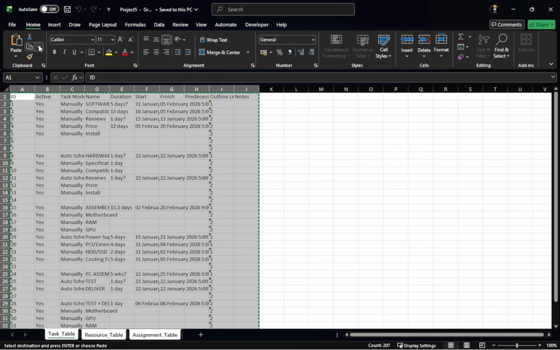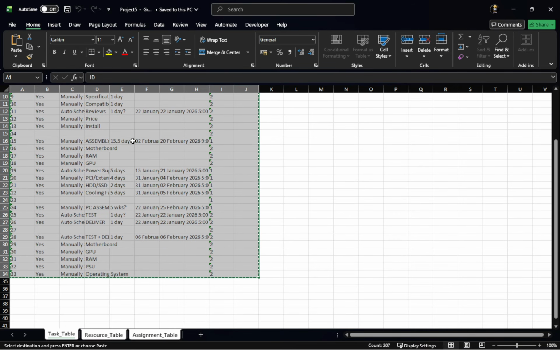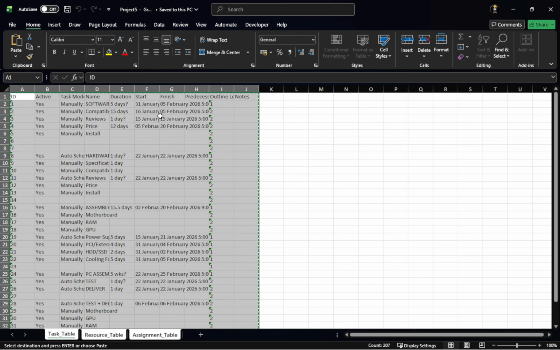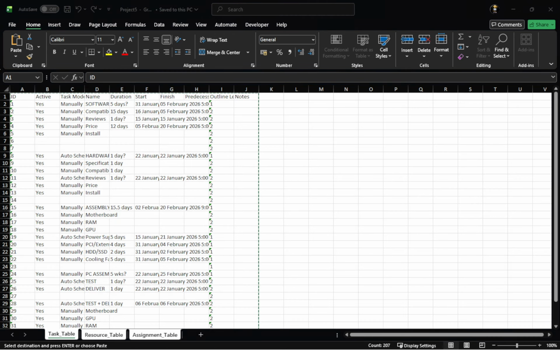After that, go to the Home tab in Excel, click the small drop-down arrow under Copy, and choose Copy as Picture. A small window will appear with a couple of options. Select as shown on screen and then choose Picture. This tells Excel to copy your selection as an image instead of normal spreadsheet data. Then click OK. Now open Paint on your Windows computer.